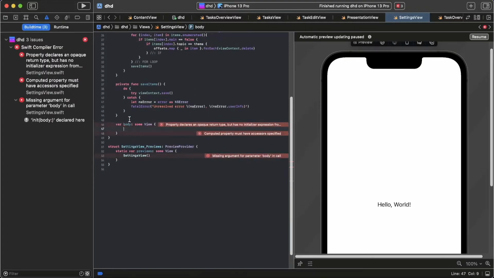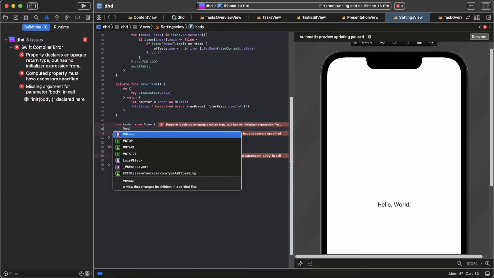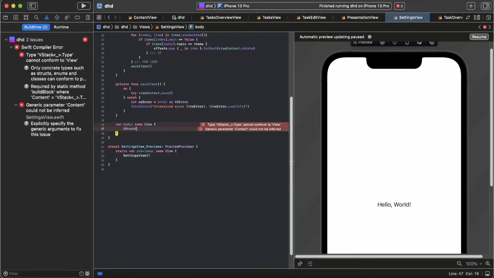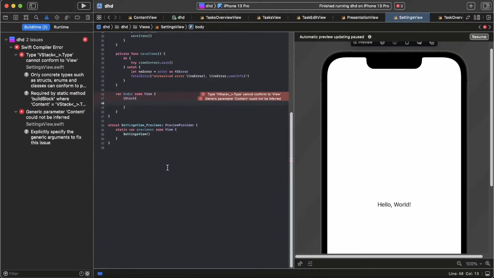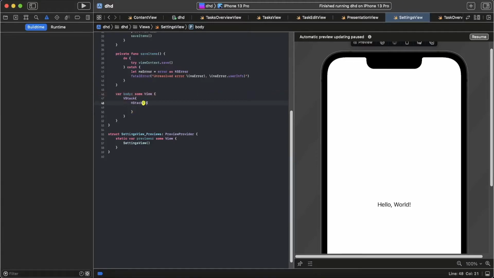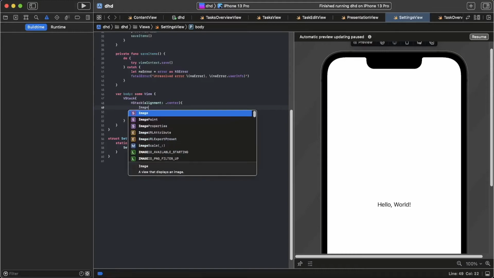Okay, then we go for this view and we go for a VStack, which we'll implement. Open brackets, close brackets, and then we put an HStack in there, open brackets, close brackets, and this HStack will be modified now. So we'll give it the alignment center, so alignment is simply where it's aligned, and we go for the center. Then in here we go for an image,